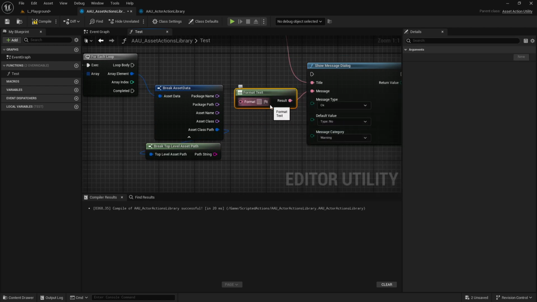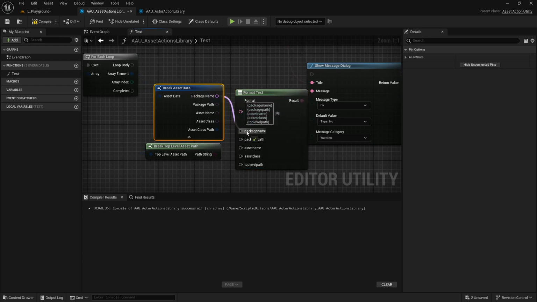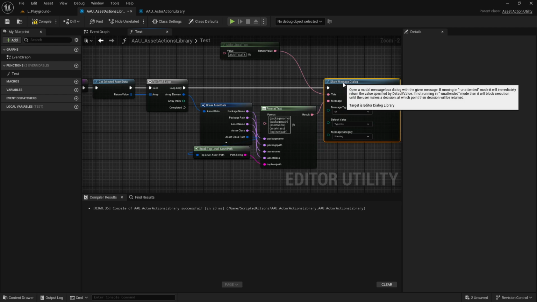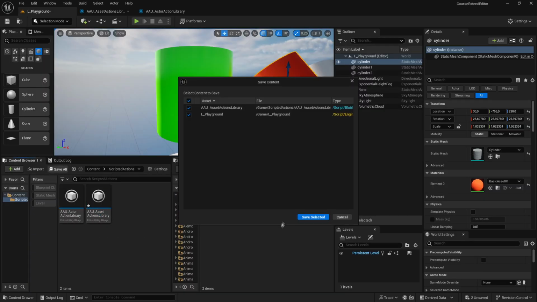And for that format text, we can maybe append or other things, but I can use package name. Wait, now I can use package path, asset name, asset class. It will be just a normal thing. We can use as well top level path, and we can connect everything. It will just print it out. It's just testing purpose, and now I can copy it over here, and this is the asset data. I can use show message and dialog, and now we don't have any even actors to create,